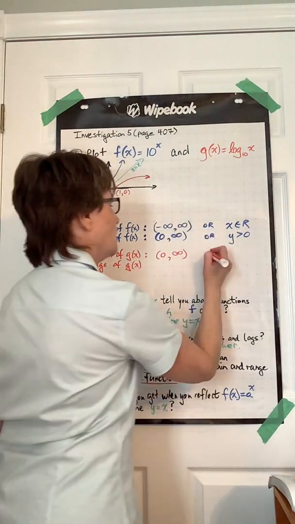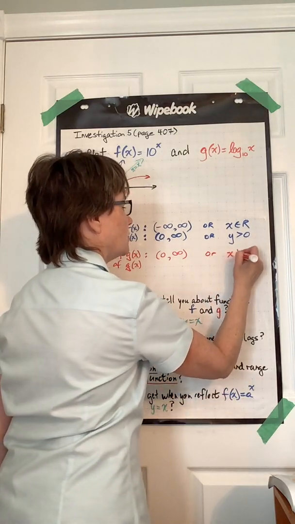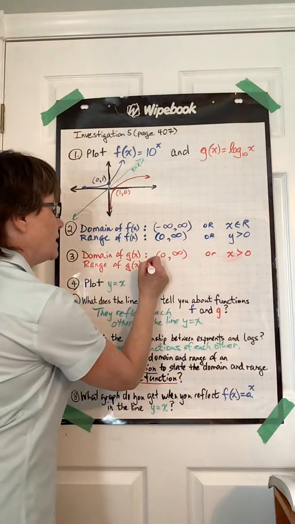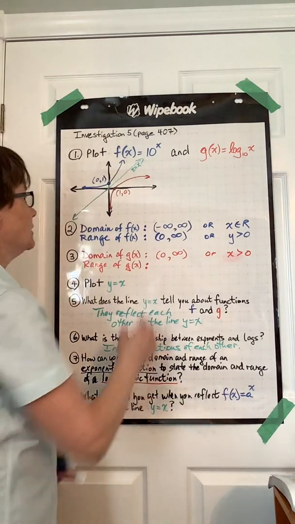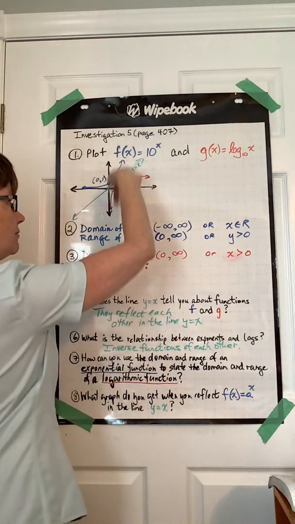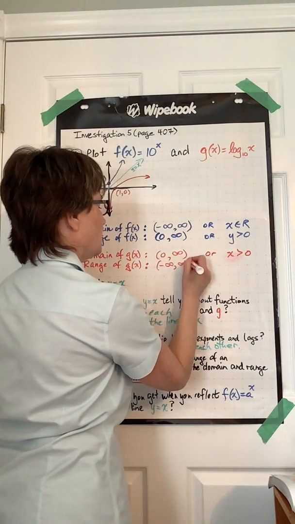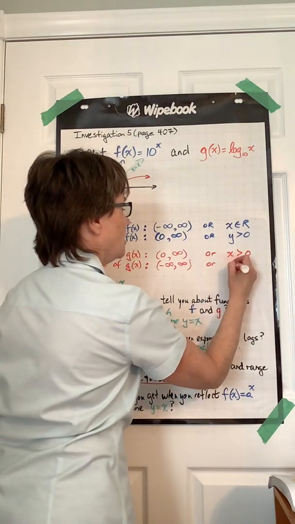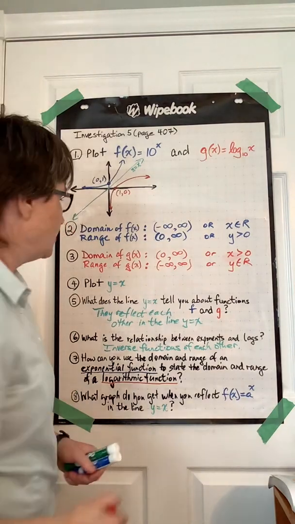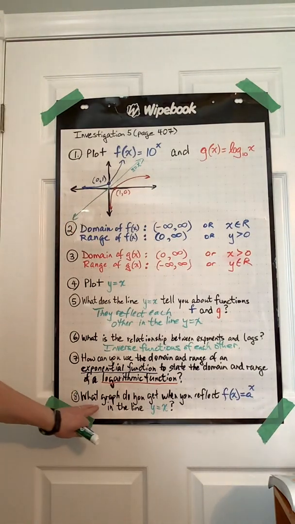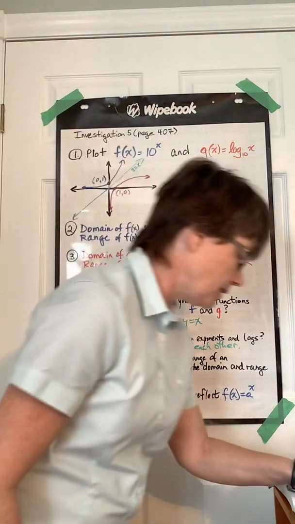So we can write it like this, or we could say, nope, not y, it's x. X is greater than 0. Okay, the range for this function will be the domain of the original function, the exponential. So the range all the way down to negative infinity, all the way up to infinity, and we'll keep going. And so we can say negative infinity to infinity, or we could say y is an element of real numbers. Choose which method you want to use for your notation for domain and range. Okay, what graph do you get when we reflect? Actually, I'm going to come back there because